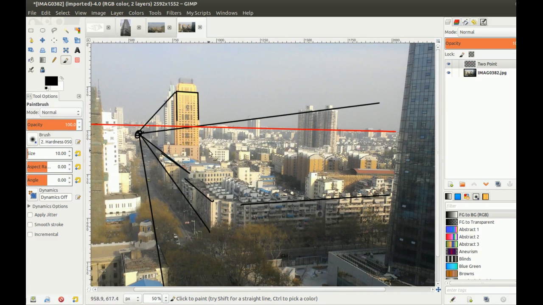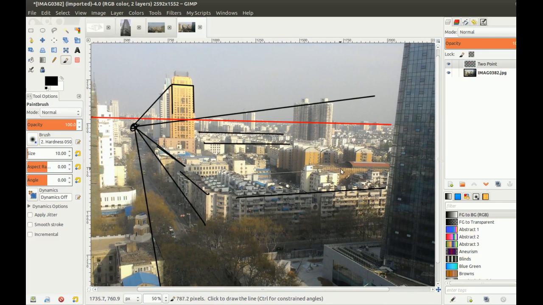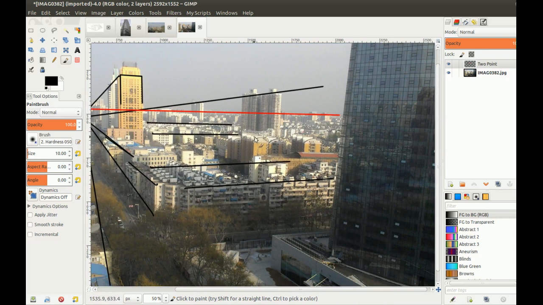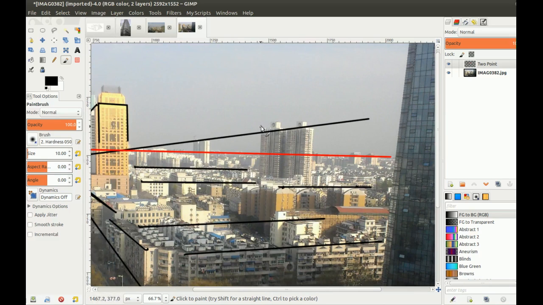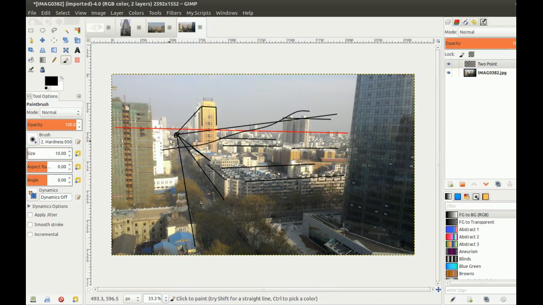One thing that all these lines seem to agree with is that the horizon is going about this way, because a lot of these buildings are, for the most part, facing the same direction. They're all kind of facing the same way. If you look at the tops of these roofs here, they're all going about the same way. This building is on an angle a little bit. It's going that way, but you still get the sensation that it's pulling back towards that